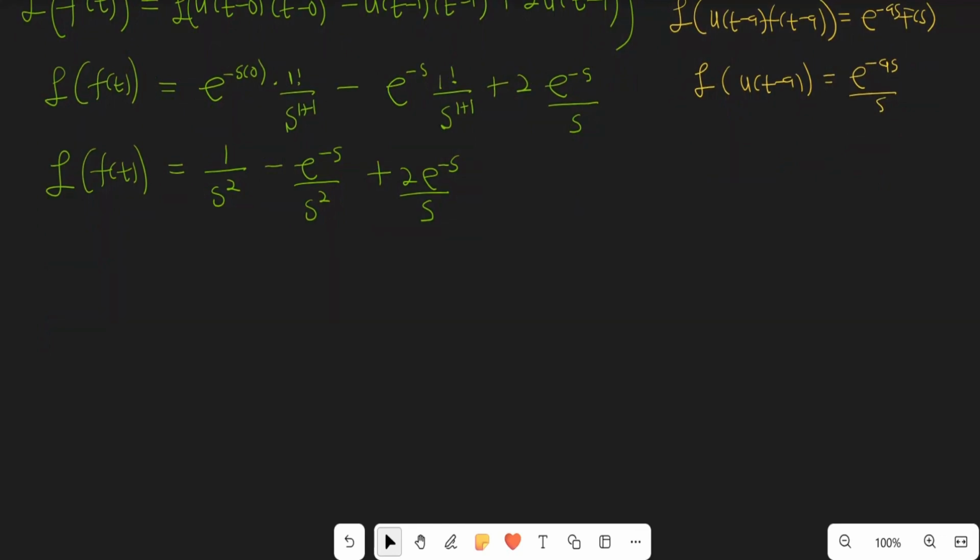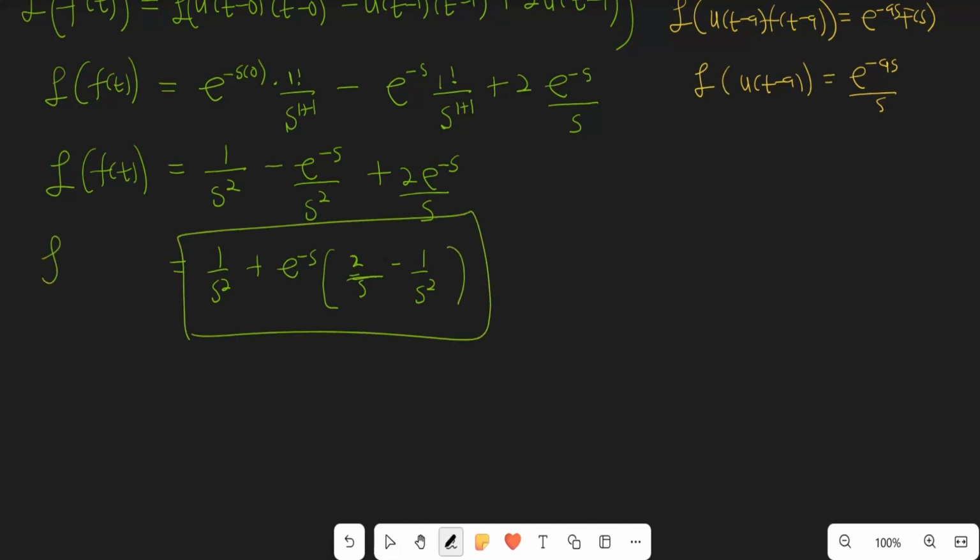fourth one. So we can rewrite it like this. So 1 over s squared, right? And then we can factorize e to the negative s out. So when you do that, you are going to be left with 2 over s minus 1 over s squared. This is 2 over s, beg your pardon. Alright, so this is what we have. We can put that in a box, and this one is going to be the Laplace transform of the fourth